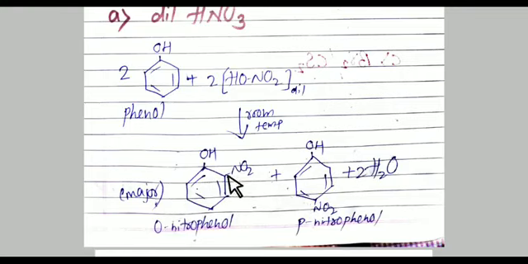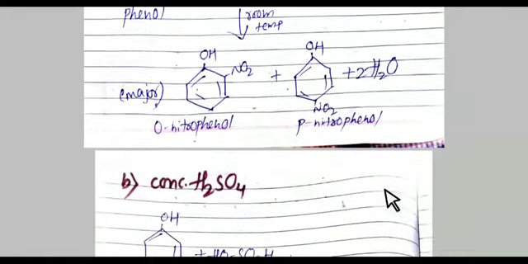Whenever NO2 reacts on the ortho position, hydrogen will be removed. Whenever NO2 reacts on the para position, hydrogen will be removed. So two hydrogens will be removed, one from the ortho position and another from the para position. And here two NO2 groups are there, attached one at the ortho position and one at the para position. What is remaining here? Two OH groups remain. These two OH groups react with these two hydrogens and form water molecules in double quantity.